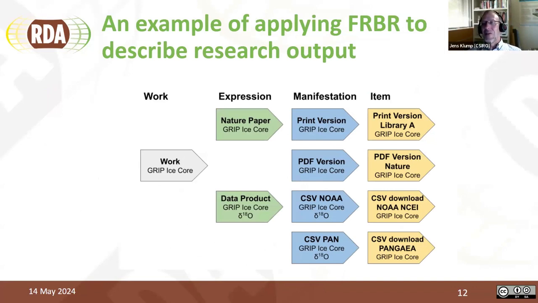As a little anecdote, through all this history of data versioning and data citation, and even going back further, I wondered how would I refer to the Greenland ice core data, the delta 18 oxygen curve from the work of Dansgaard and his team. Would I refer to the Nature paper, or would I refer to the dataset that I downloaded from PANGAEA? Applying FRBR to this situation turned out to actually resolve this.